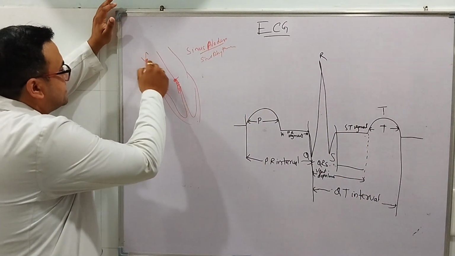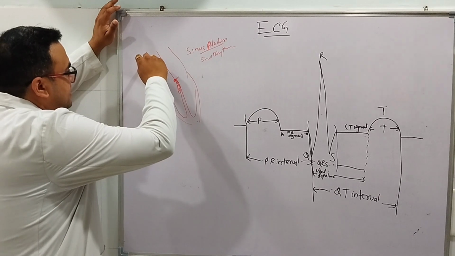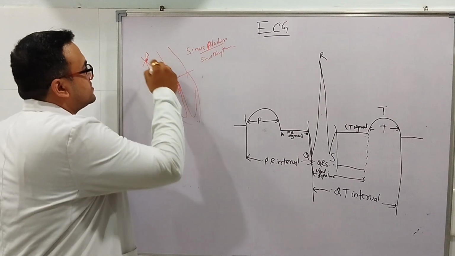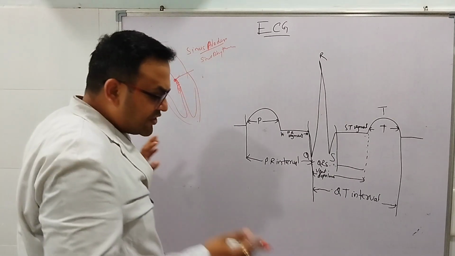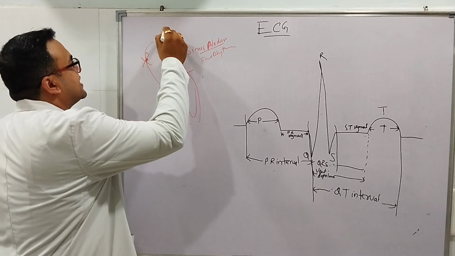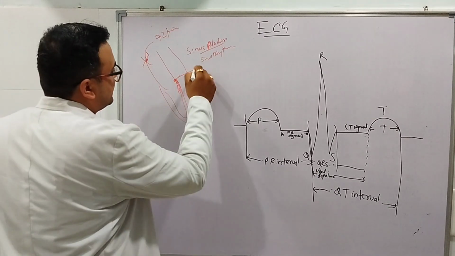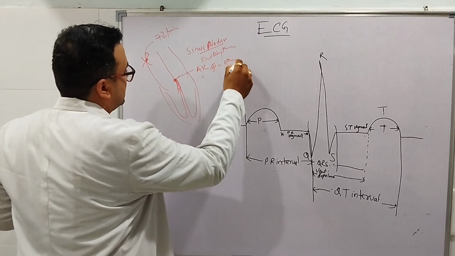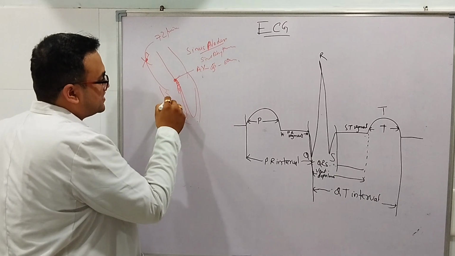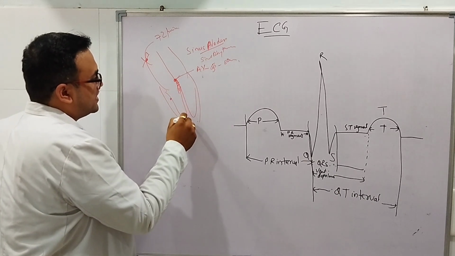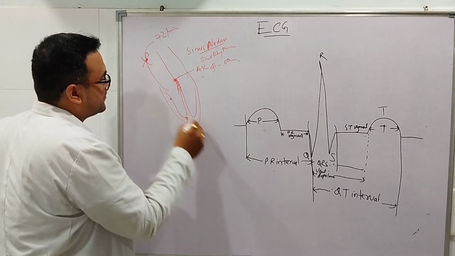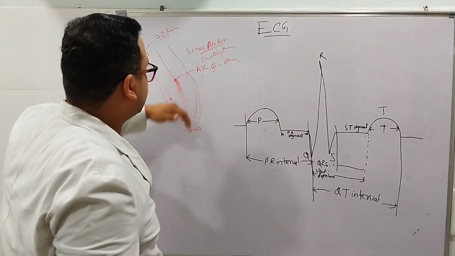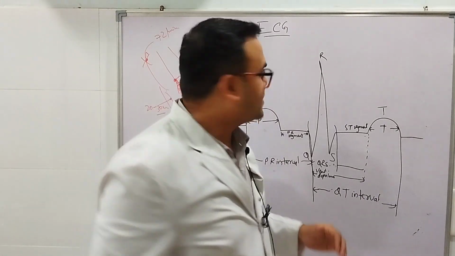Now if the sinus node is diseased and there is no signal coming from the sinus node, the AV node will start firing, and we know that the rate of firing of the SA node is around 72 per minute. The AV node is around 50 to 60 per minute. And then in the Purkinje fibers, here it will be around 30 to 40 per minute, or there 20 to 30 per minute. So these are the different rates at which they will fire.